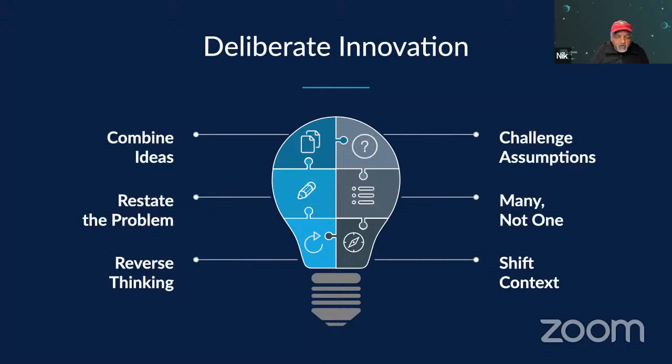All right, so those are the ideas. I actually think I glossed over one of them, which is many, not one. I actually talked about coming up with sort of many ideas. There's another example I wanted to give you in the case of NFTs in particular. Since a lot of you are building NFTs for this, I wanted to share the idea that when it comes to sort of generative art, etc.,